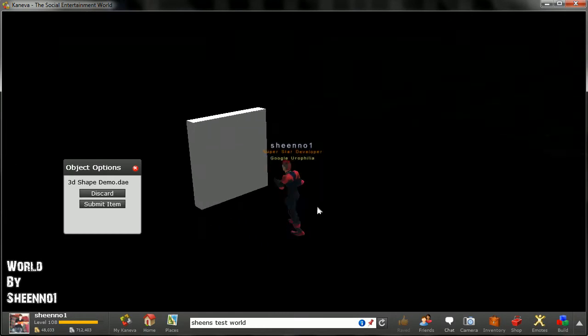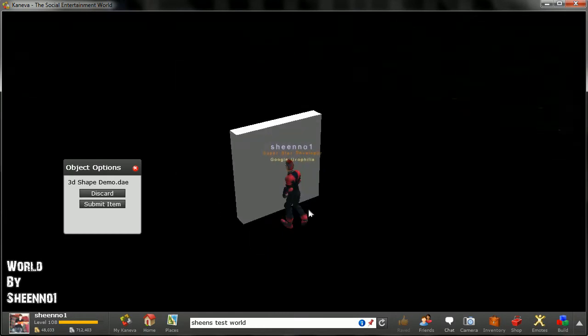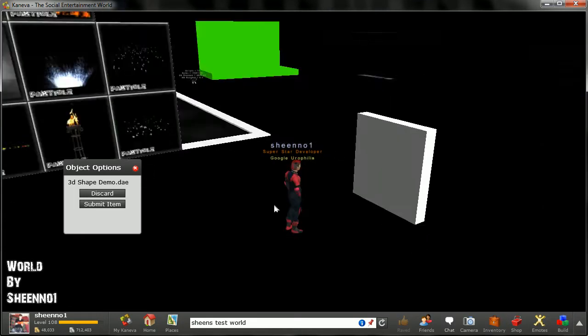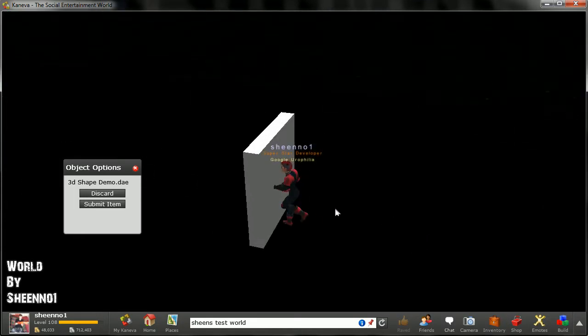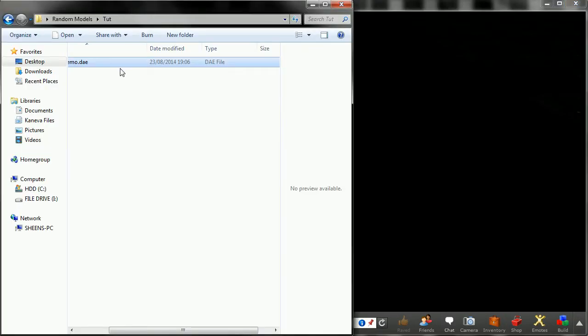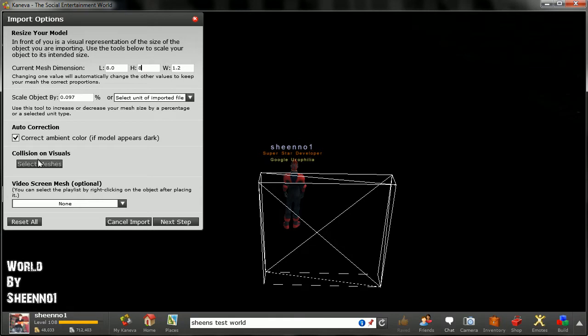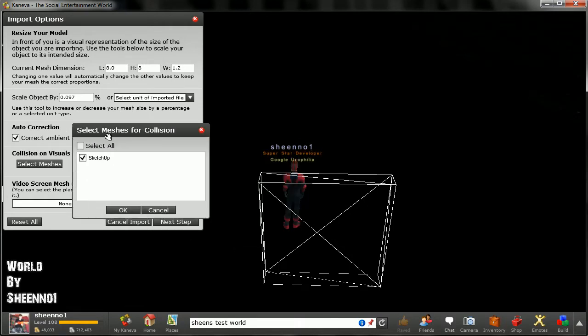It stops me. Now if you were making a door, then that's not what you would want. You would want to be able to run through the door. Okay, so I can run against this. Now you can get around that by simply dragging it into Kaneva, 3D model, setting your size, then coming to this collisions on visual, and if I just turn the collisions off on the object that I'm importing,